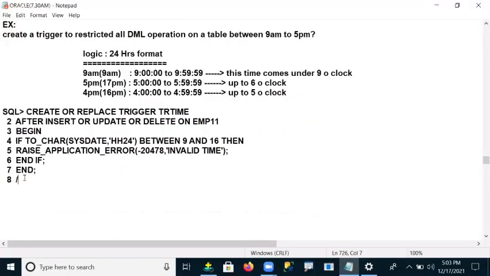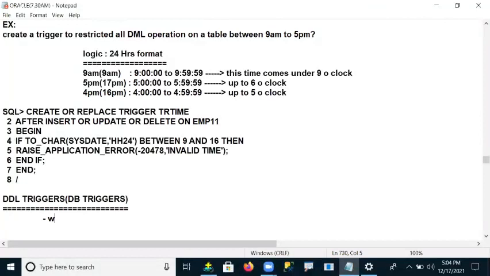Same as another trigger, what is it now? DDL triggers, or even we call it database triggers. These triggers are created for what purpose?